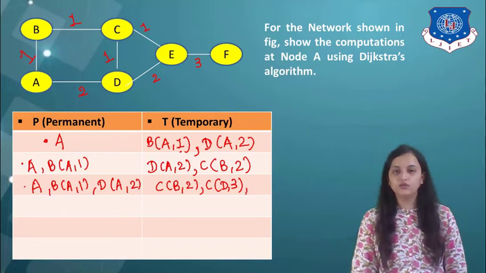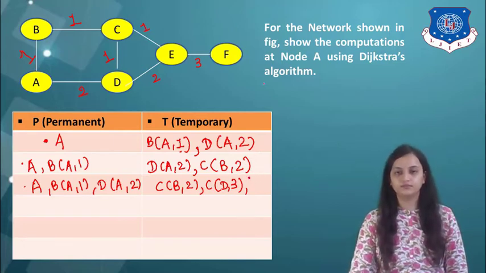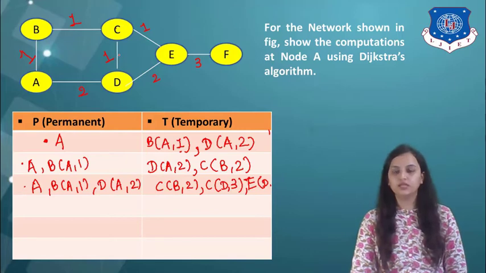Okay. Now in the same way, E is also connected to D. So we need to write down over here E, from the node D, with the distance 2 plus 2, 4. Another case is also possible, that is 1 plus 1, 2, 2 plus 1, 3, 3 plus 2, 5. Okay, so here ED4 and ED5.